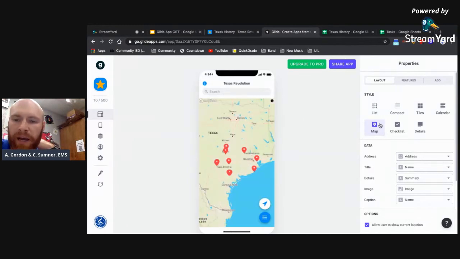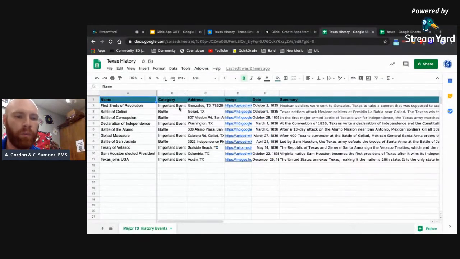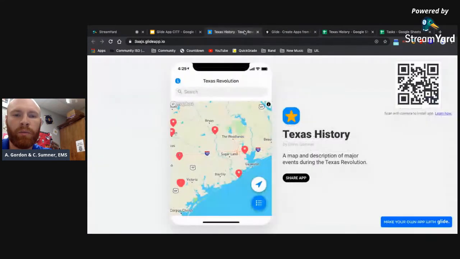So I'm using a map, and once I've entered my data, I wanted the category, the address of where it is so it'll pop up on a map. I put a picture there, the date it happened, and then a little summary of what the event was. I thought about what I wanted the kids to know about each location, and then I worked backwards. So I created each of these columns, and then once you